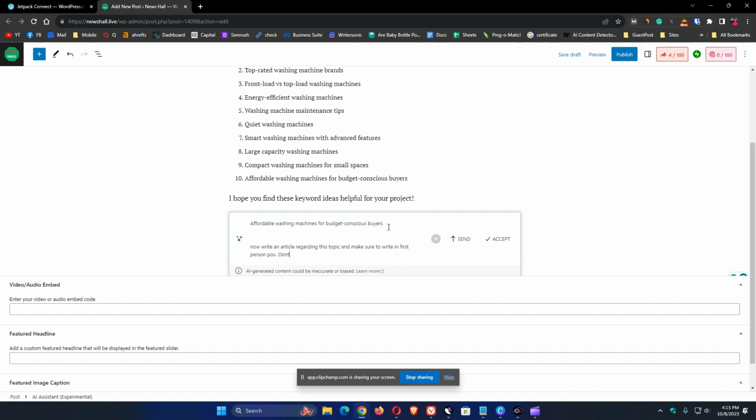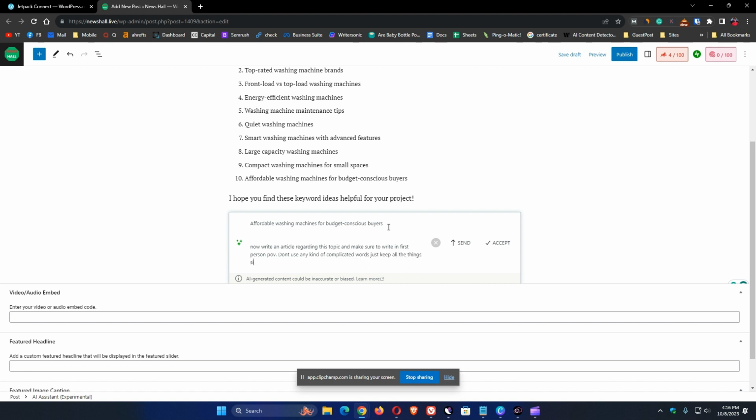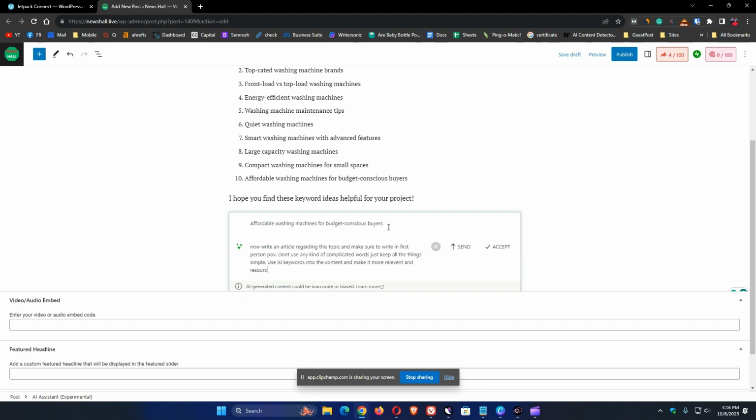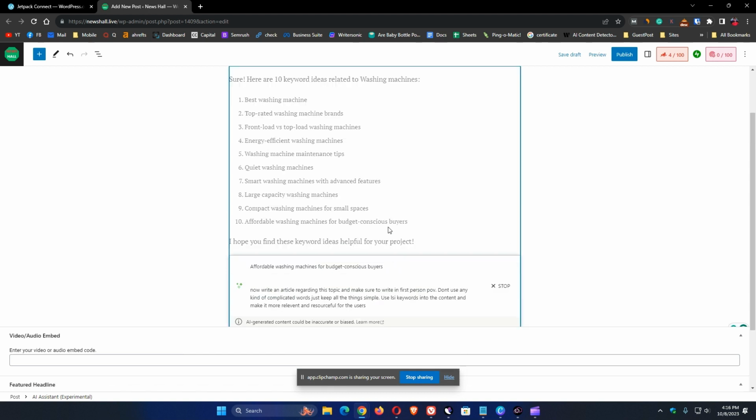Don't use any kind of complicated words, just keep all the things simple. Use LSI keywords in content and make it more relevant and resourceful for the users. Okay, so you can see now. Let's click enter,